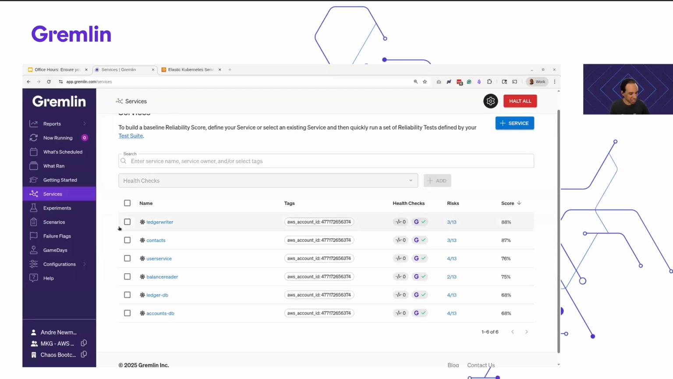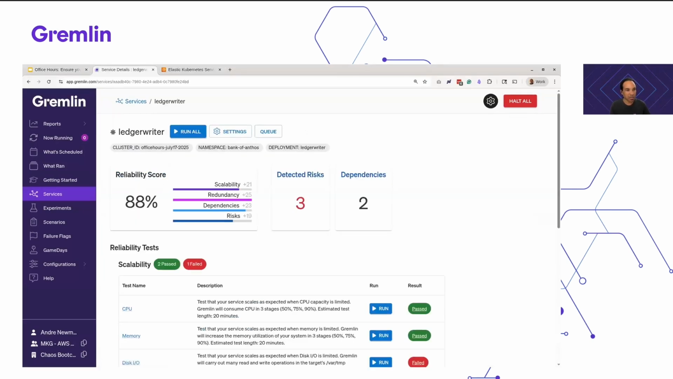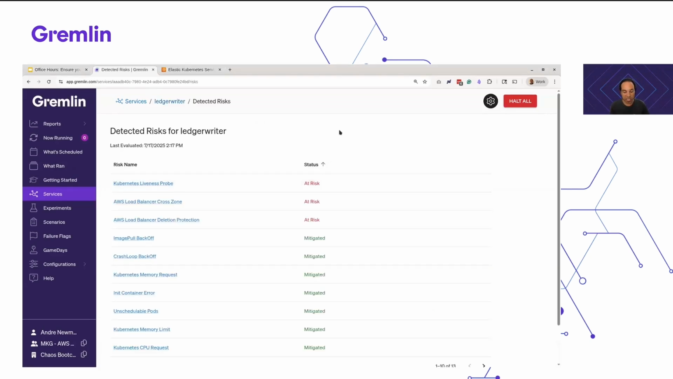So let's actually take a look at what one of these services looks like, the ledger writer, for example. If you haven't seen this screen before, this is an overview of a service, and it gives you details about where the service is and where it's running. It also shows you its reliability score. I've already run some tests on it, some of them from the past, and some of them have failed. Gremlin's already given me a list of detected risks that I can click on. And I've also got a couple dependencies that the service is talking to, so I can run dependency tests on this too. So first, I'm going to click into detected risks just to see what it is that I'm at